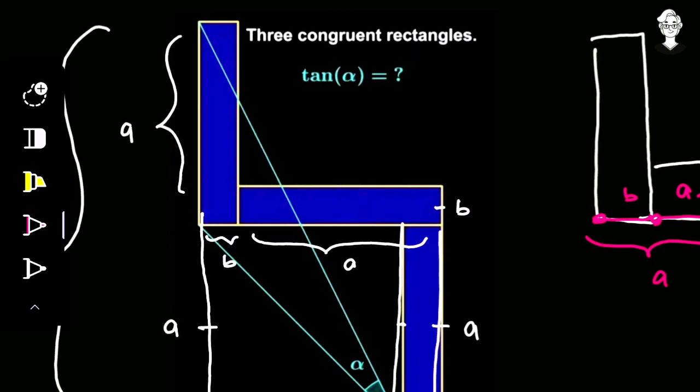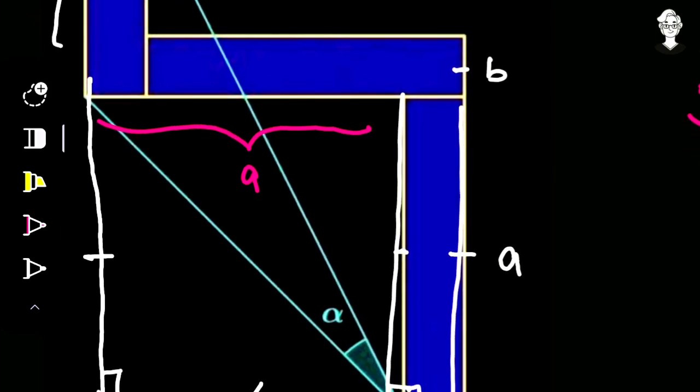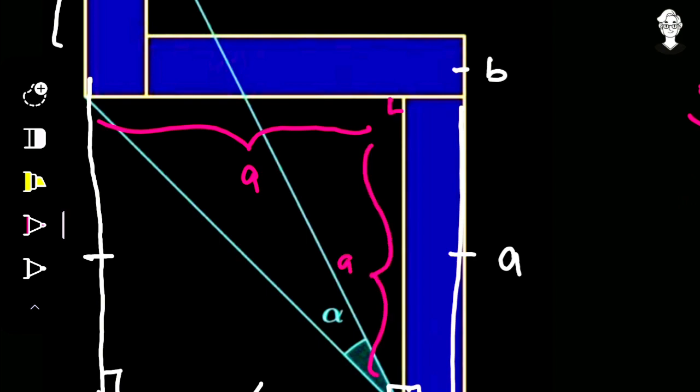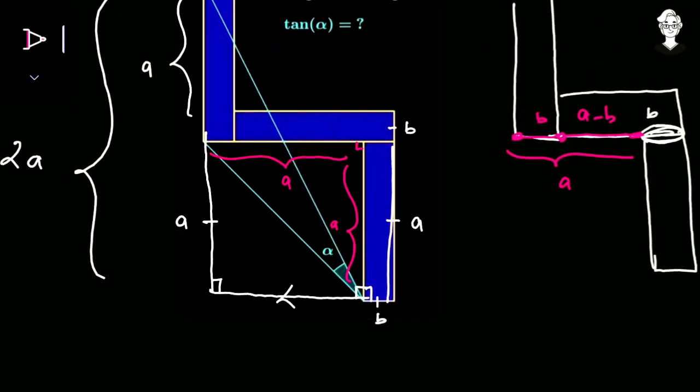So in this diagram also, this length, from this point to this point, is going to be a, and we already have that the length of this other side is equal to a. And in the beginning, as I told, this particular quadrilateral has all its four angles equal to 90 degrees, and just now we have found that its adjacent sides are also equal. So in any quadrilateral, if all the angles are 90 degrees and adjacent sides are equal, then it forms a square.